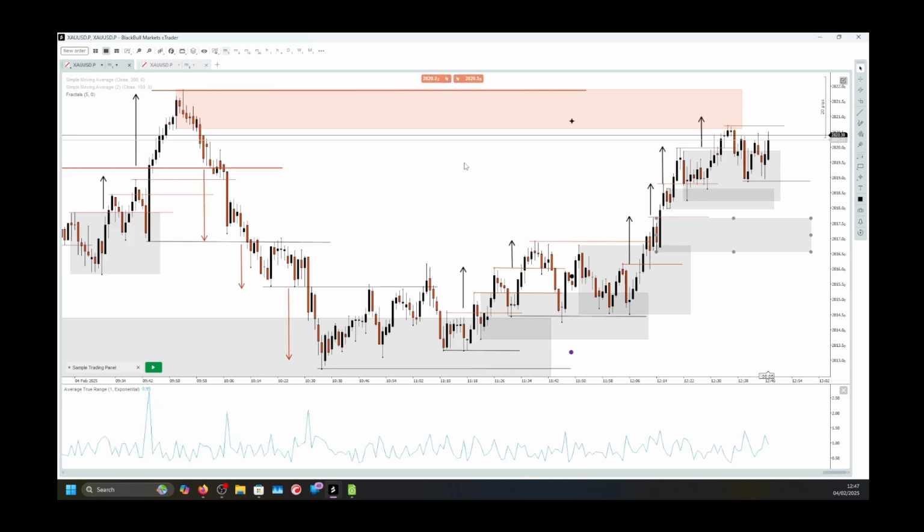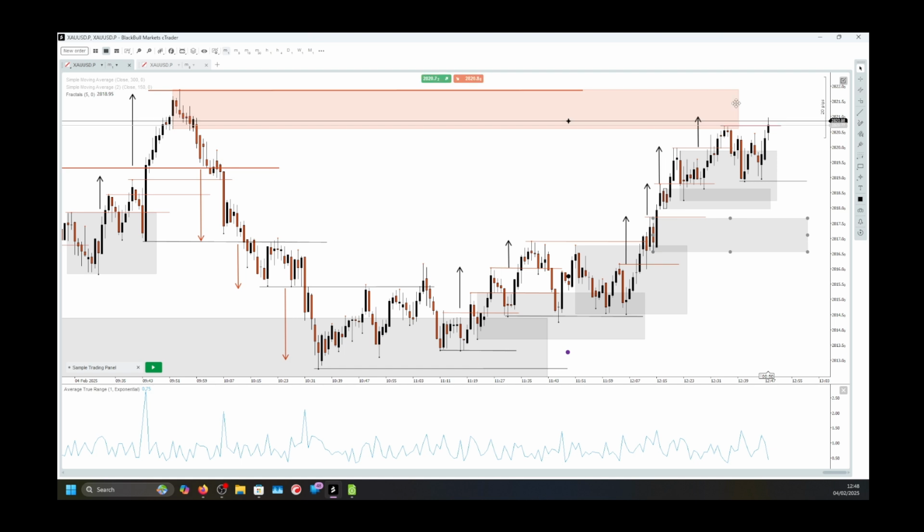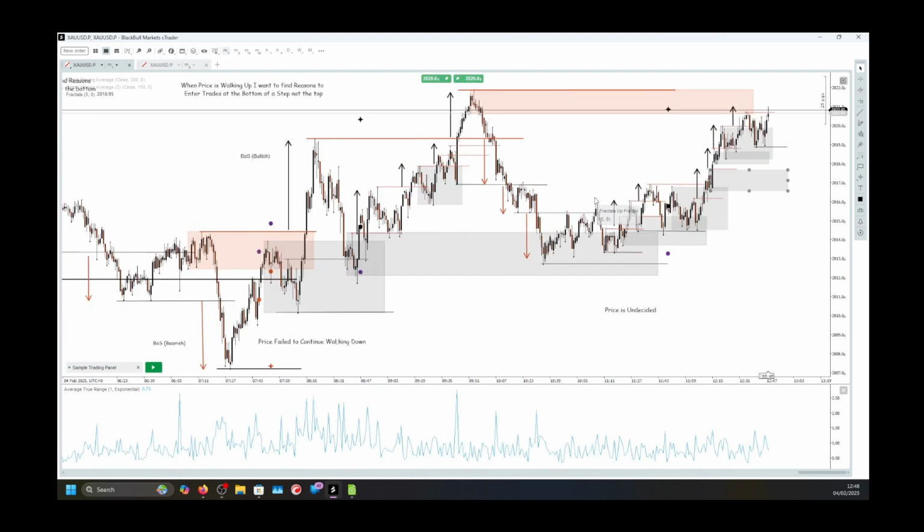But this is why I'm going to take a trade. I'd rather get my take profit within a swing point. Because right now, I would have hit my target now, if my target was higher than this,